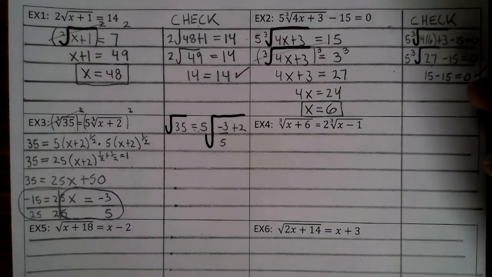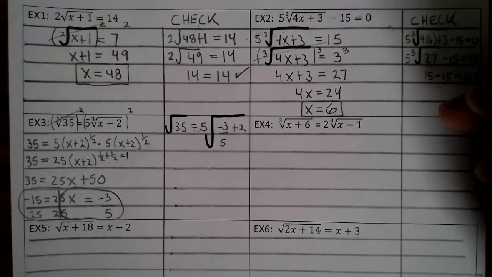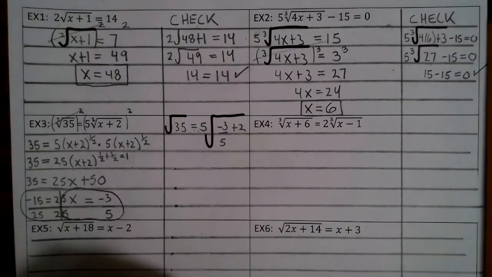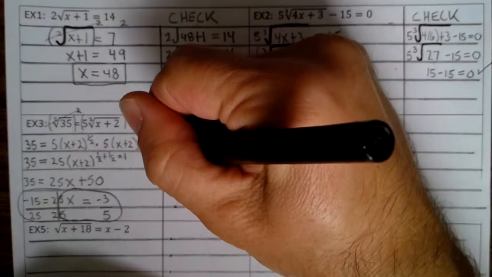And so then you get the square root of 35 equals 5 times the square root of